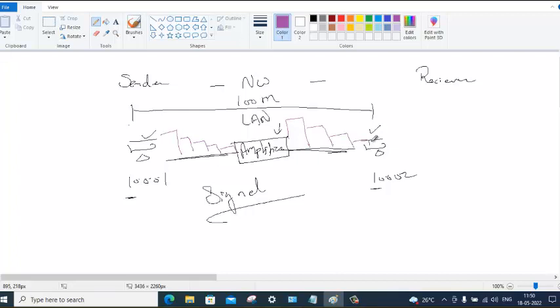Signal is getting boosted so that it can travel long distance, so that it can support long distance communication. Amplifier boosts the signal, amplifies the signal.